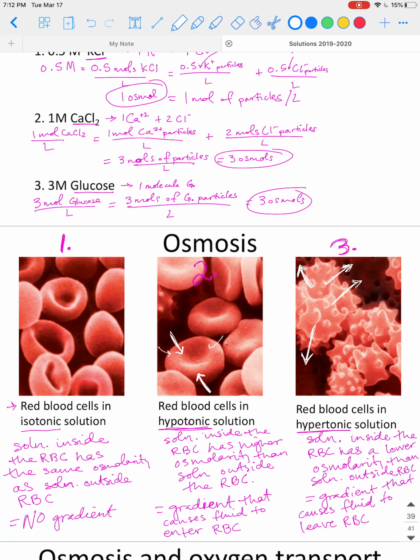So I definitely want you to understand isotonic, hypotonic, and the term hypertonic. I want you to understand what kind of gradient that would set up and how solvent would move from a solution that is hypotonic